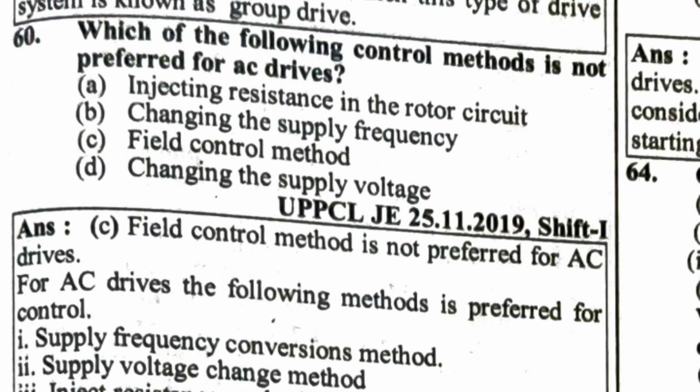Which of the following control methods is not preferred for AC drive? Field control method. If the effective mass of the train is m tons, acceleration alpha kilometer per second square, then the tractive force is equal to